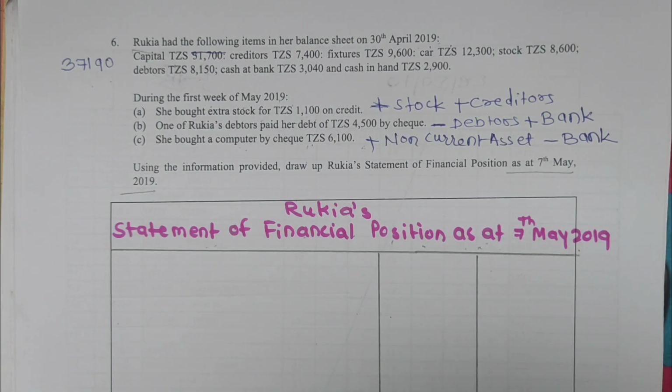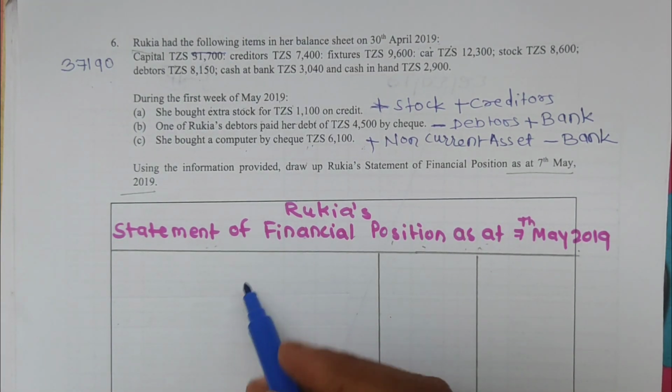Let's start. Now statement of financial position, you know the statement of financial position, other name is balance sheet. We are preparing statement of financial position of a business on a given date. It shows assets, liabilities and capital of the business at a certain date. It helps to ascertain the true financial position of the business at a particular date, and it helps to show what a business owns and what it owes. So beginning with,